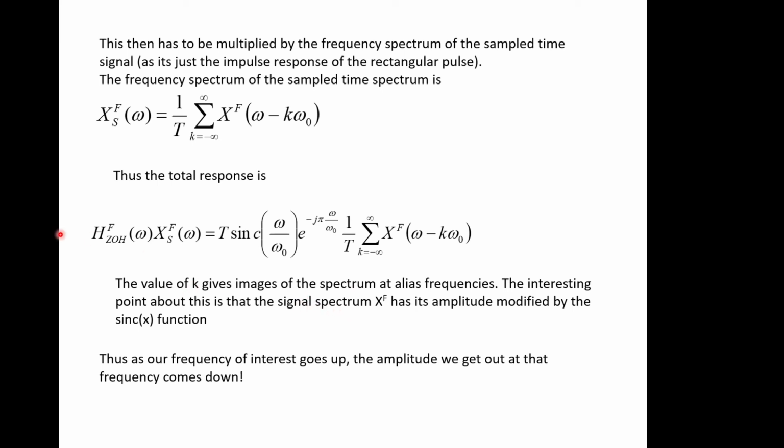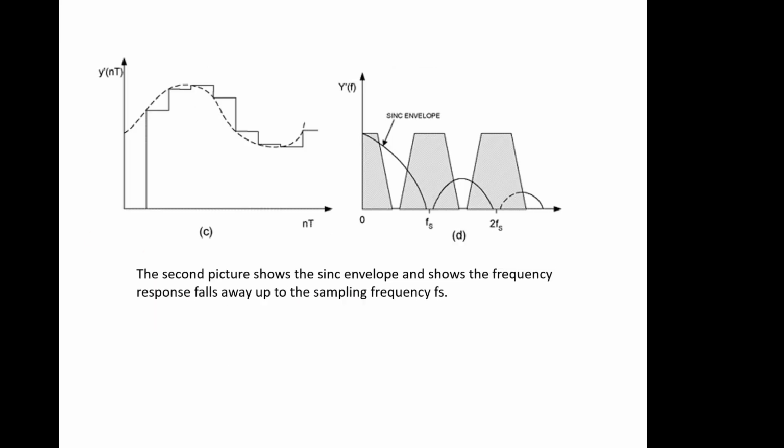And it's best viewed, have I got a graph of that? Yes. So that's best viewed in this type of response. So this is in the time domain. We've got our time signal following the response quite nicely. But in the frequency domain, this is the frequency response of our message, if you like, the bandwidth of our potential signal. But we've got this sin x over x envelope that's caused by this sample and hold function over the top of it, and you can see that the multiplication of these two frequency responses means that anything here is